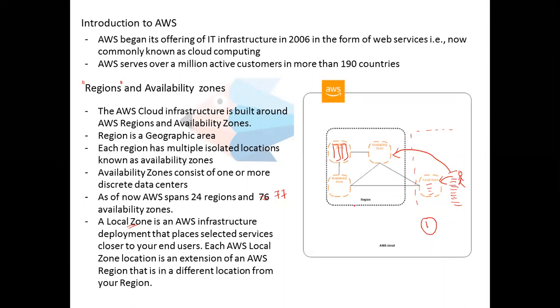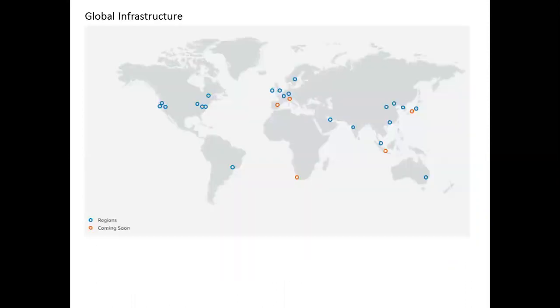Okay, so they might be having a lot of customers over there. So instead of having a region at that point of time, they have just created a local zone. I'm just telling you the reason why it has created a local zone. So the local zone just reduces latency? Yeah, for the customers near over there. And a local zone will have only selected services. Not all the services are supported in the local zone. Selected services which are used by the customers.